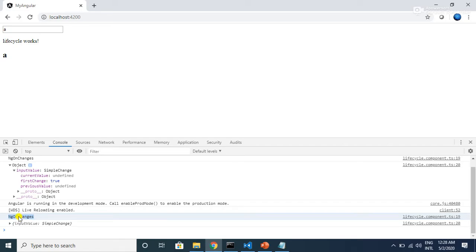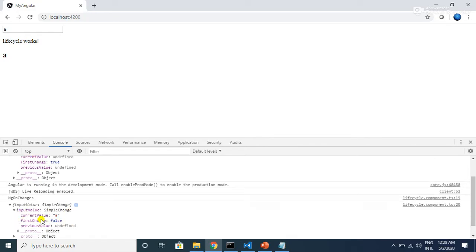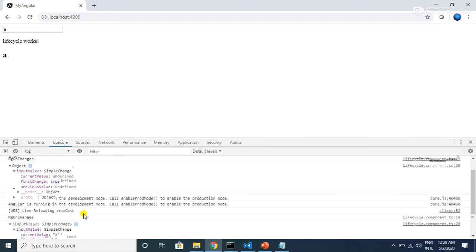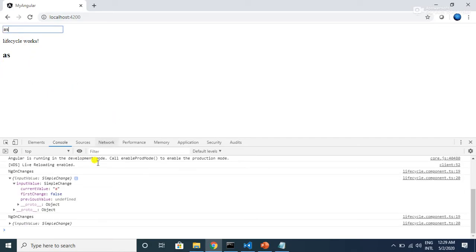Now if we expand this SimpleChanges object, you can see the current value as A and the previous value as undefined, whereas in the previous case the current value was also undefined. If I type some more letters, I can see another ngOnChanges log.